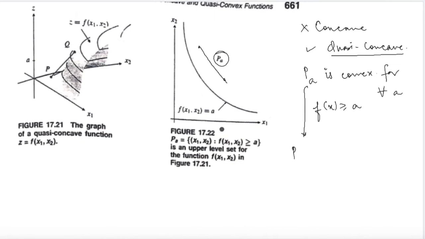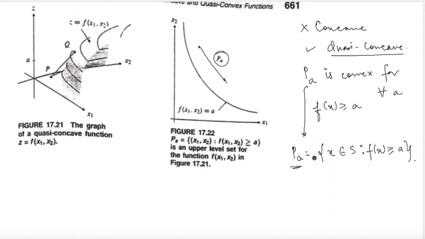And as we just noticed in this case, this function is really not a concave function, but you notice that this is a quasi-concave function. So quasi-concave is a weaker condition as compared to concavity. So PA is the upper level set, that is x belonging to the domain set S such that f of x is greater than or equal to A. This is called the upper level set. So if the upper level set is convex, then you can say that the function is quasi-concave.